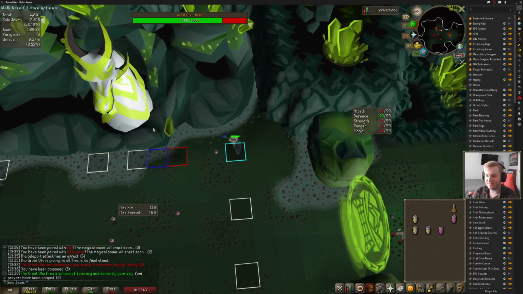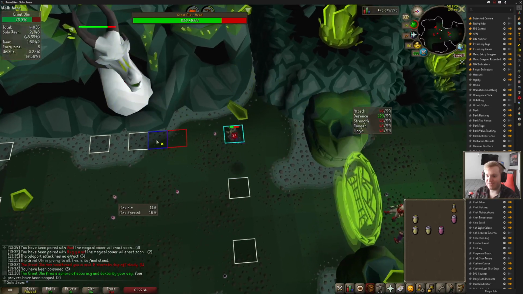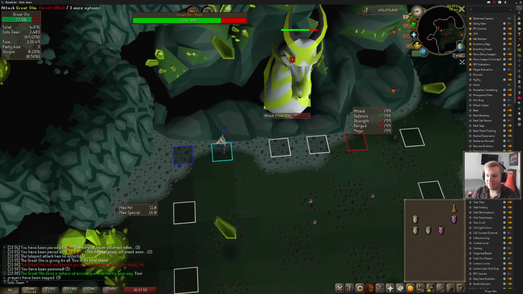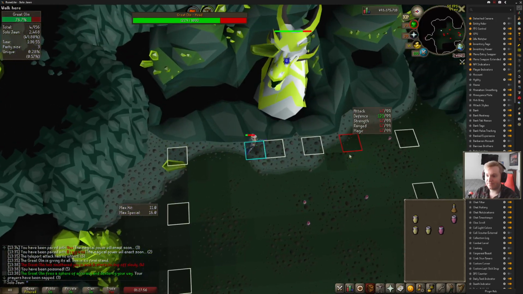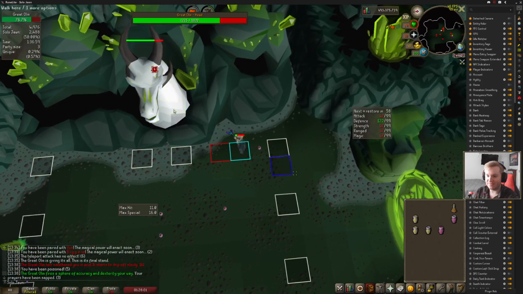Let me just do it at the wrong timing, and I'll show you. It's really no different. You just take, like, 1 extra hit per cycle or something like that. You can still keep your DPS up. Obviously, I'm not, because I'm super brewed down, but...